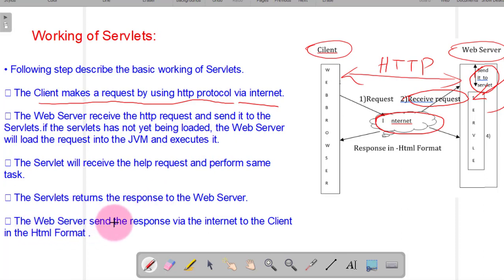Now, the web server sends the response via the internet to the client in HTML format. This is the standard format of any web application. So, the web server via the internet sends the response back to the client. So, this is the basic working of servlets.